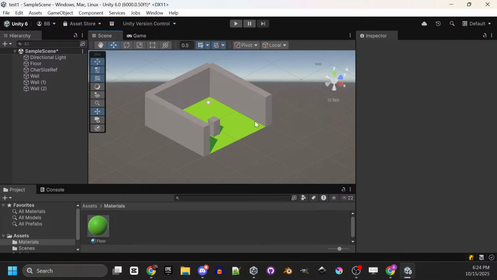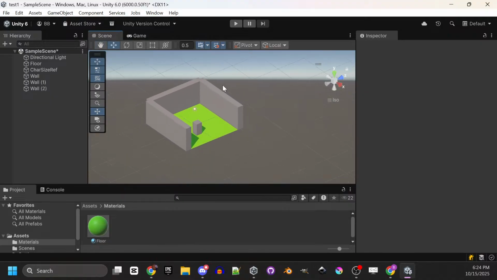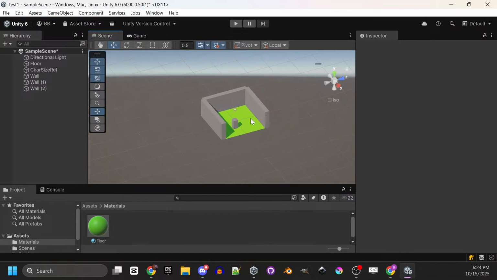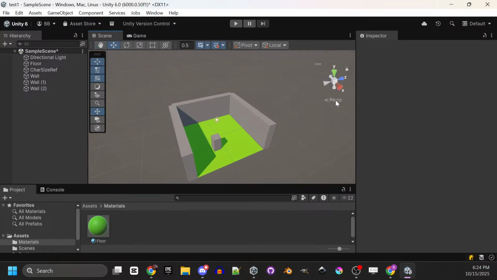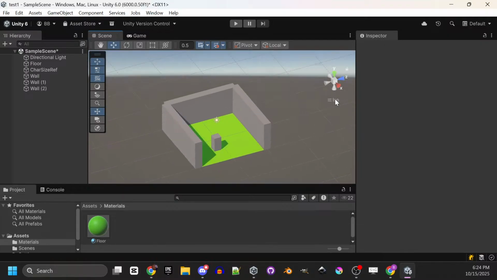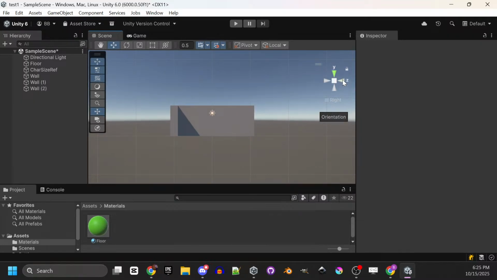That's isometric view. You see now the lines go on perpendicular to each other or parallel forever. And so these are 2 different ways of looking at something that you can easily switch between. Perspective is how we normally see in the world, but isometric can be useful for lining up things. And when you're in isometric mode, you can actually click this gizmo to snap to different views, like looking down the right axis, looking down the front,